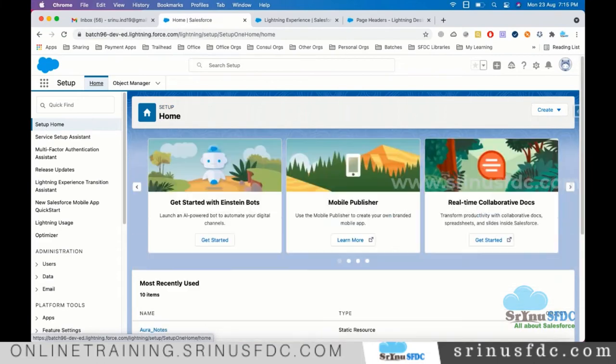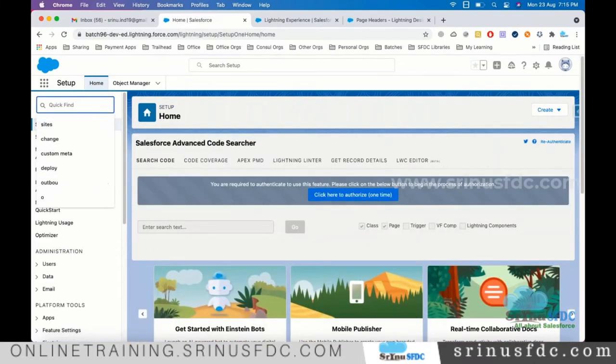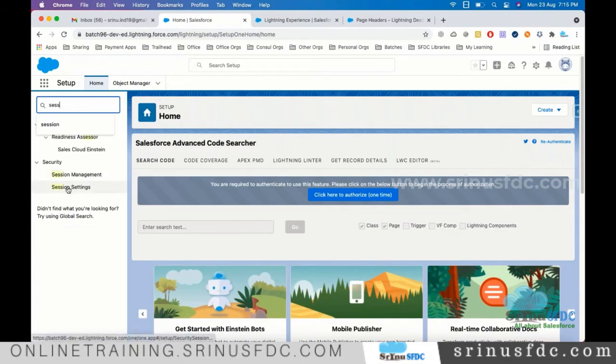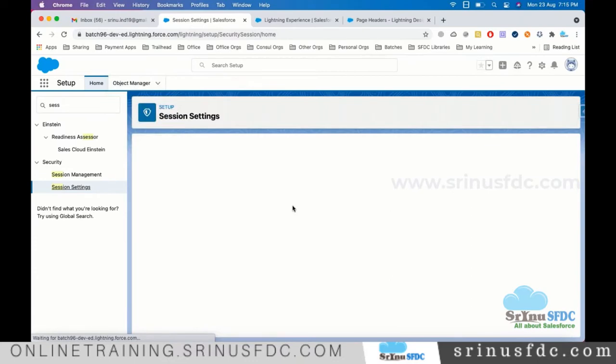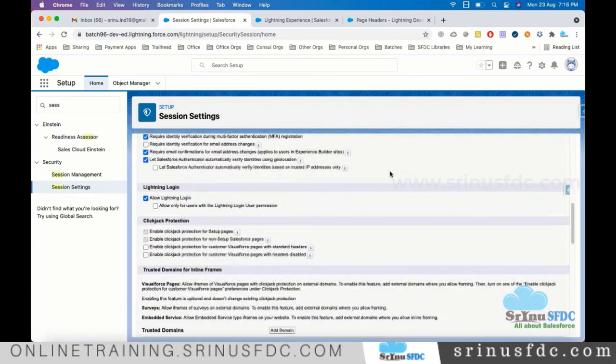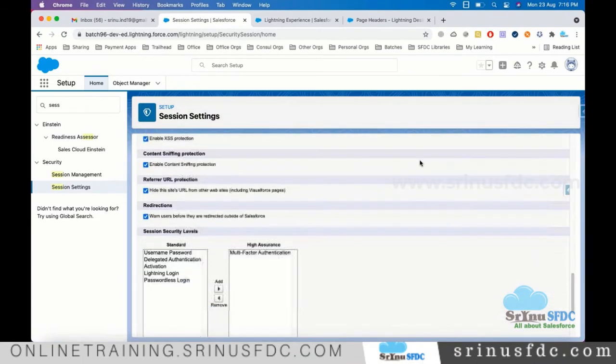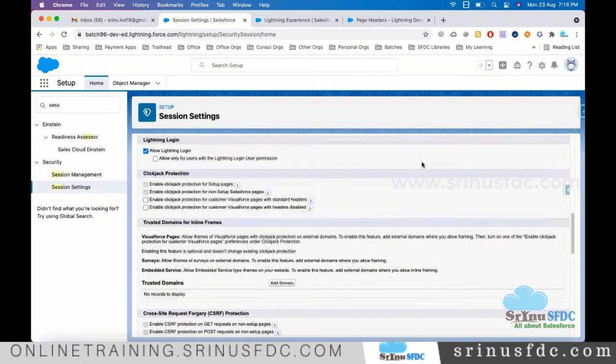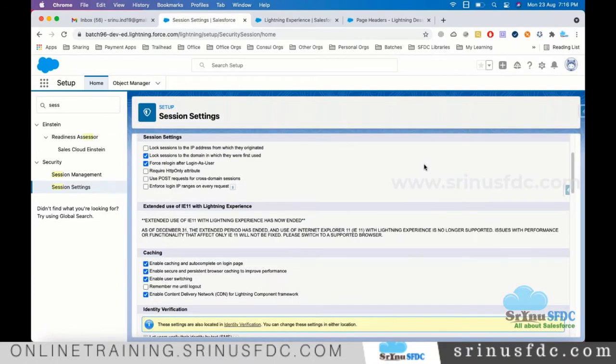Let's see. On the left side, search for session settings. Click on session settings. And if you scroll down, scroll up.